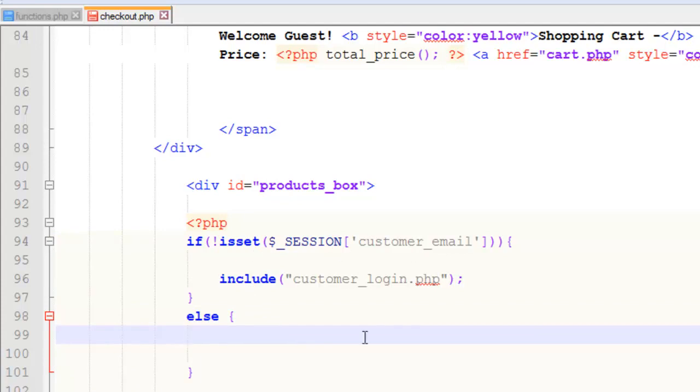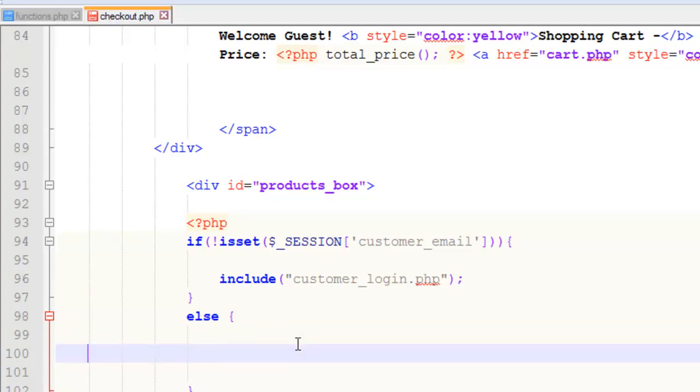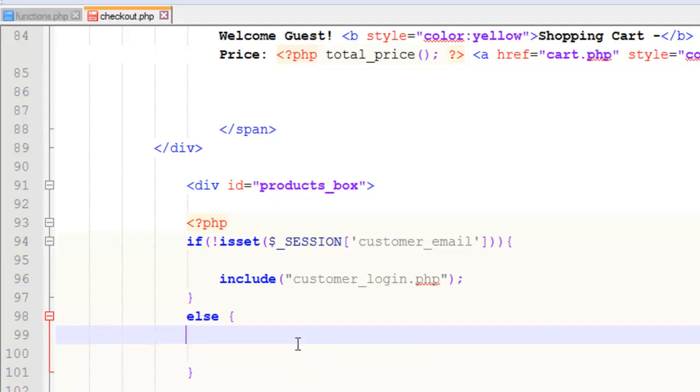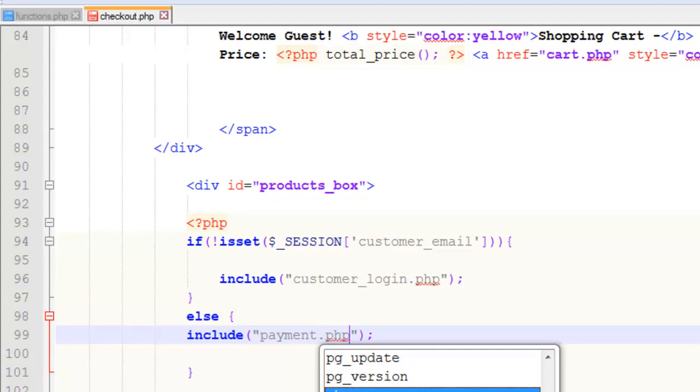In else statement we will say, if the person session is not set session customer, that means the customer is not logged in. In the else situation he must be logged in, and he will be logged in because this is the else condition. At that time we will include basically the payment page. Then in double quotes we will say include payment_payment.php. Okay,